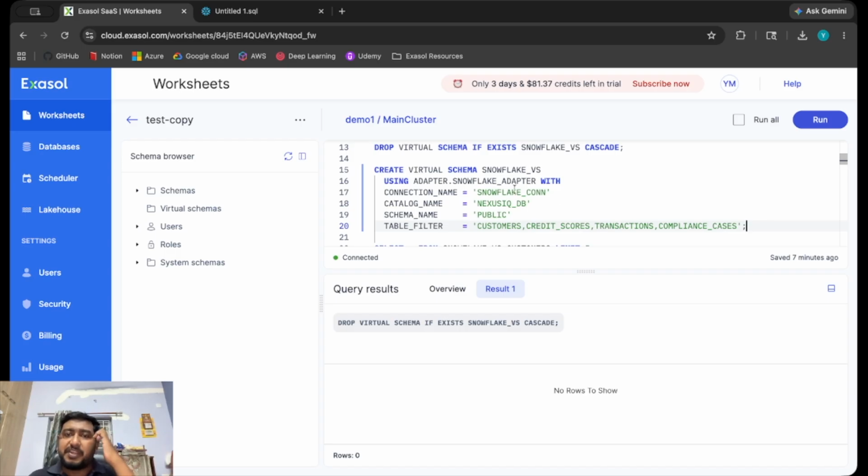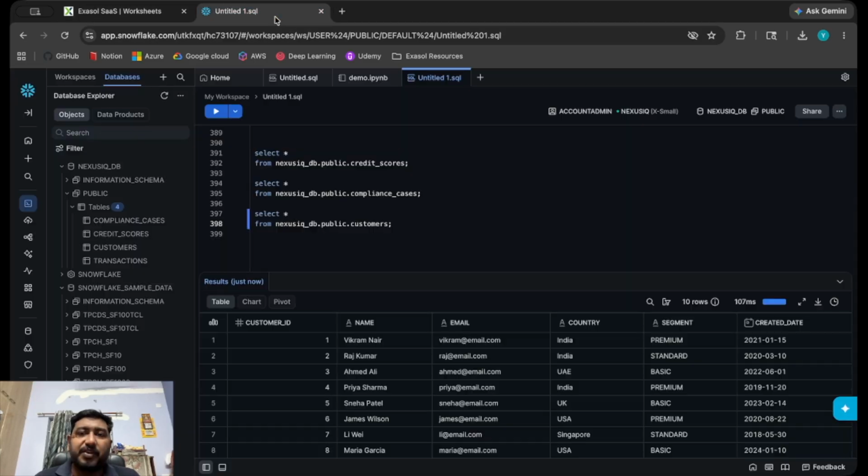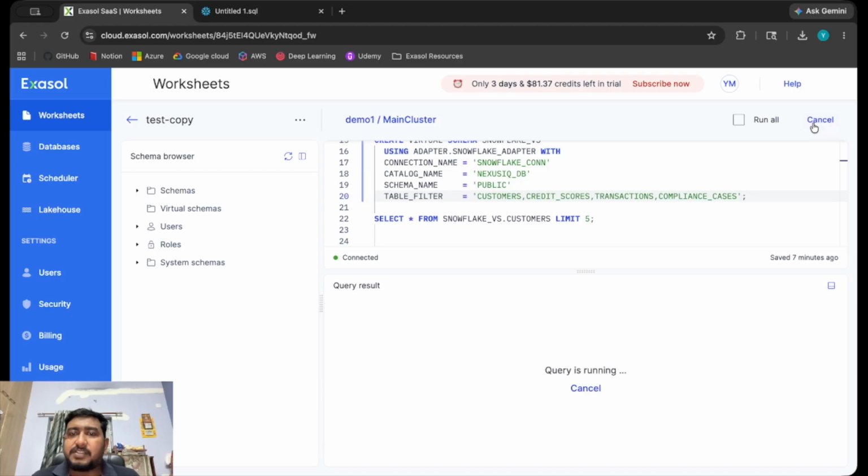So what I'm trying to do here is create a Snowflake virtual schema using the adapter. We wanted to get the tables of customers, credit score, transaction, complaints, and cases, because that is what we have here. If you see here, complaints, credit score, and customers. So if you run this, we need to get the